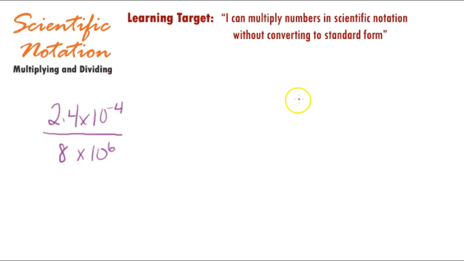So off to the side, I'm going to try to figure out how many times 8 can go into 2.4. I don't have to move a decimal around or anything like that. I just bring it up, pretend I'm just doing 8 into 24, and I don't do anything special. 8 goes into 24 3 times. It's just that the decimal is right here. So it's 0.3